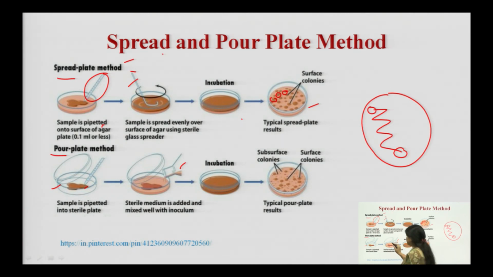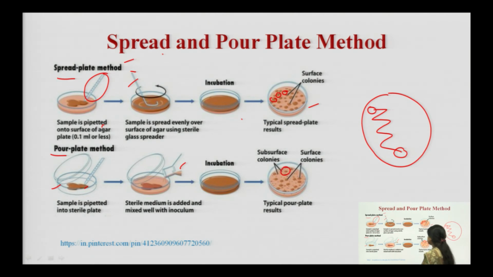After that, while it is liquid, containing the mixed culture and the agar medium, we swirl the whole plate so that each and every microorganism spreads within the whole media. By swirling we mix it, and after that we let it solidify and place it into the incubator. In the incubator we provide the conditions in which the microorganisms can grow, and once they grow, you will see the colonies like this.